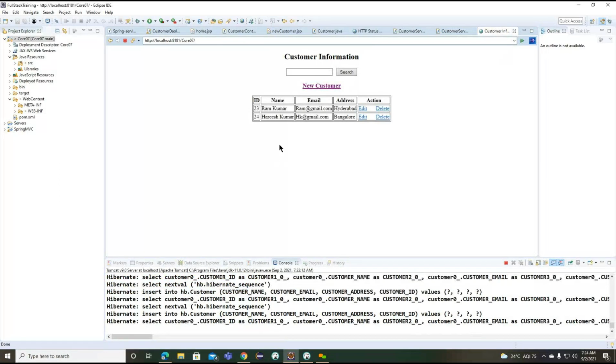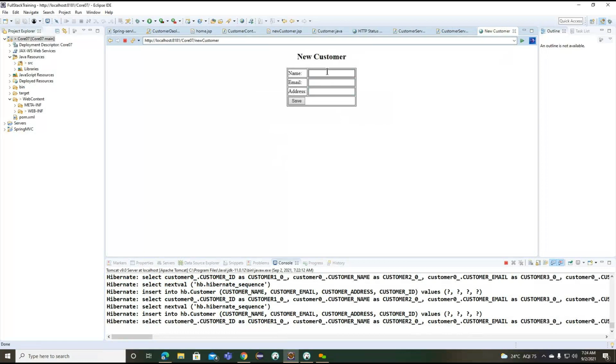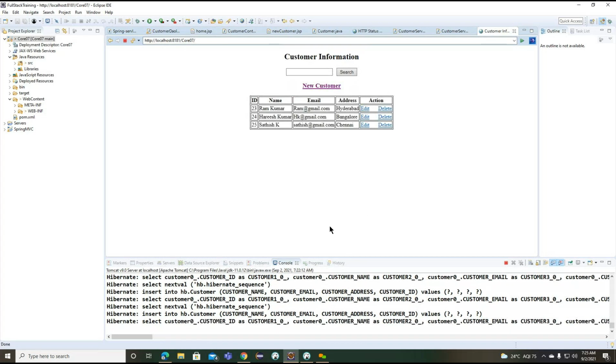Okay, now this person is coming from Bangalore. How many users we want to add, we can define here. Okay, so these three records are enough.